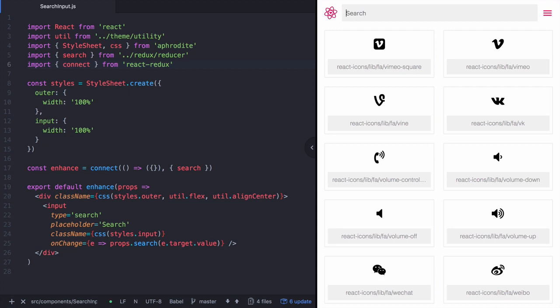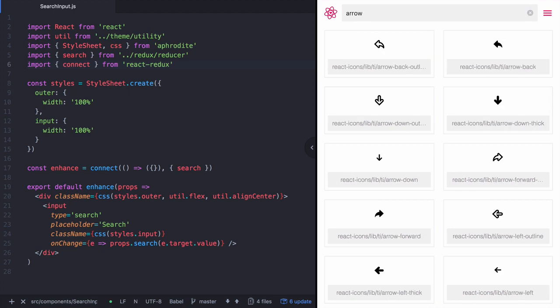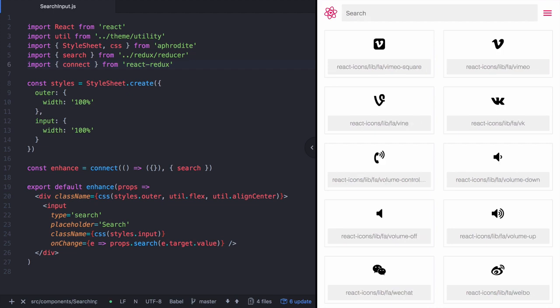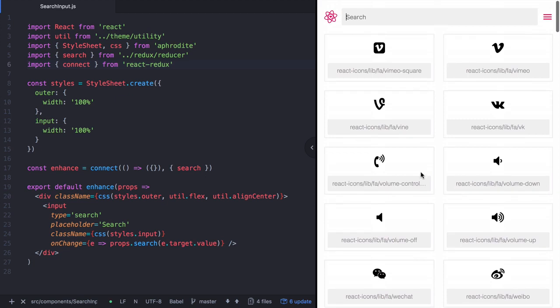So if I try to type arrow here, A-R-R-O-W, I'm not getting any feedback at all as I type. And now I'm going to delete this. 1, 2, 3, 4, 5, 6. It's pretty rough. Now there are some rendering problems here with this giant grid that's being rendered that we could